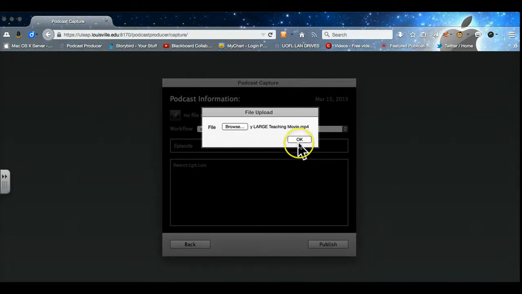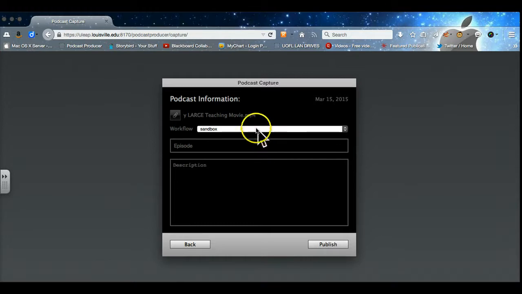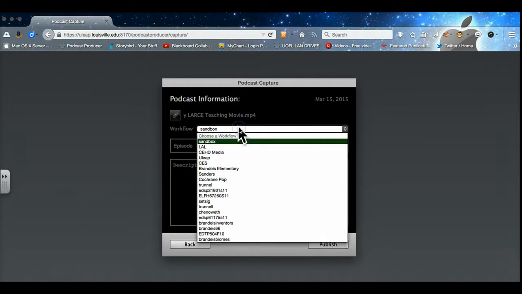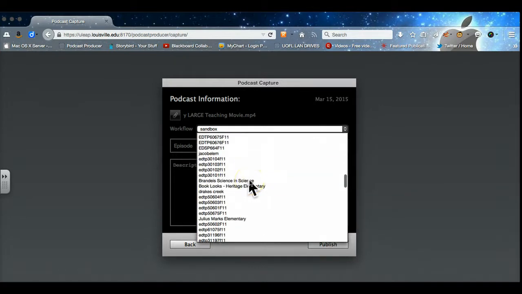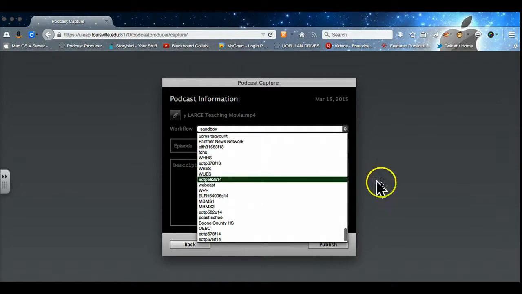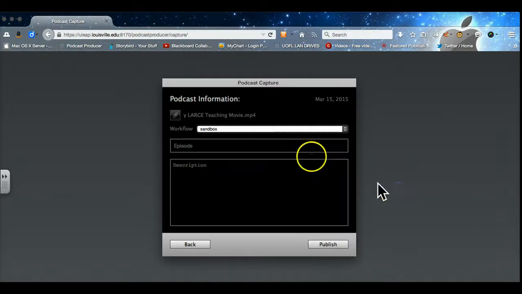I'm going to say OK. Now, if you are using a unique username and password, which you will, it will automatically put you in the right one of these projects or podcast or class media collections that we have created. So this will automatically take you where you need to go when you sign in with the correct username and password. Episode. This is going to be titled My Teaching